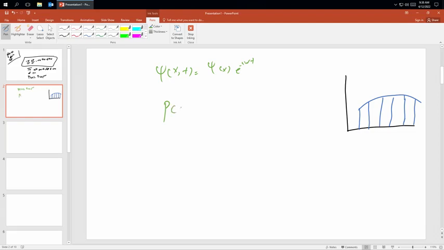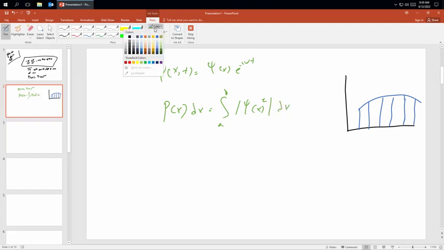The probability density P of x dx is going to equal the integration, with your limits from a to b, of psi of x squared dx. Now, what is